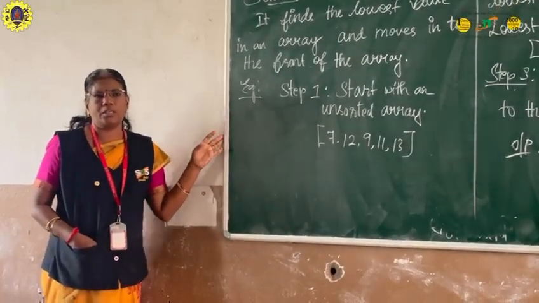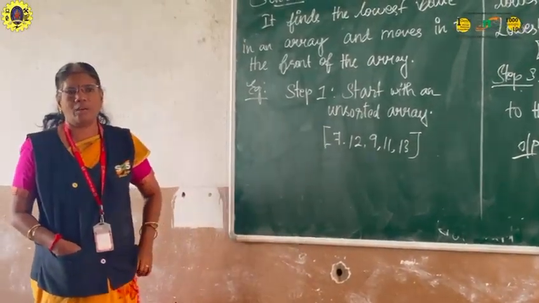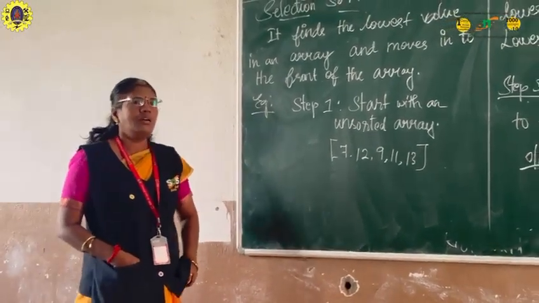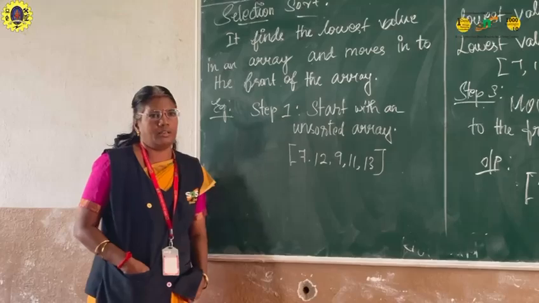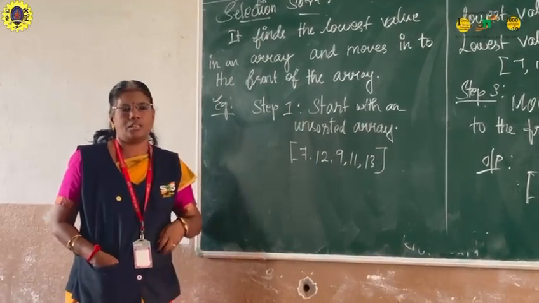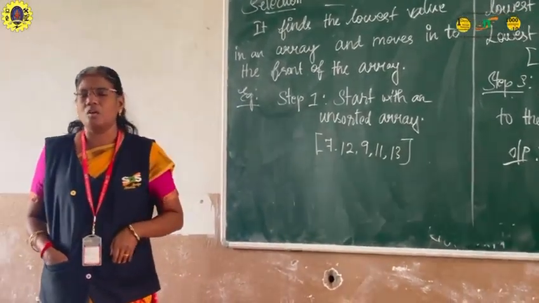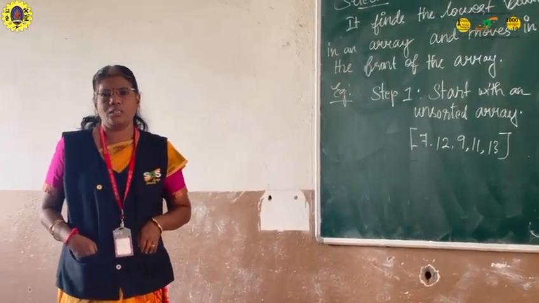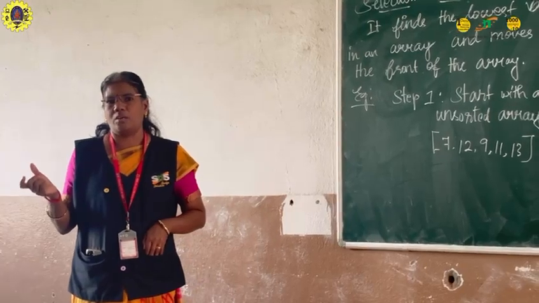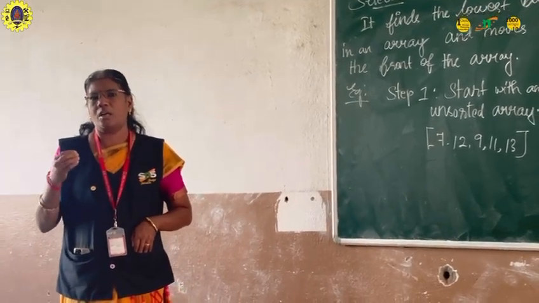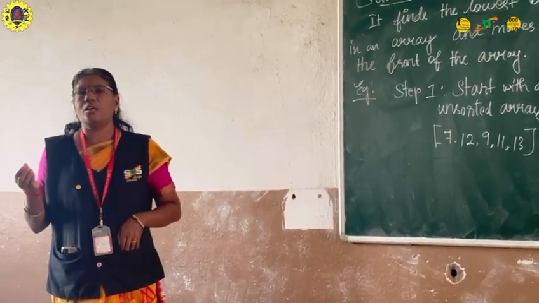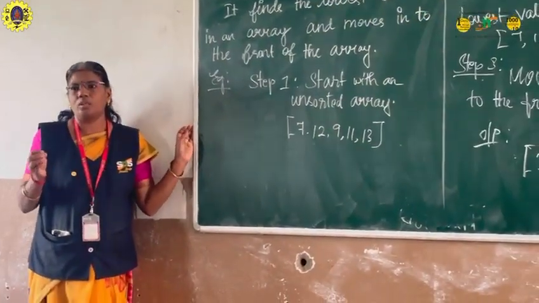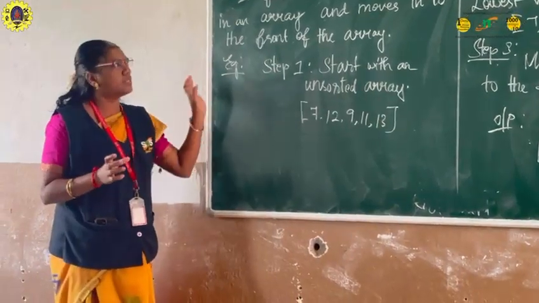Selection sort is one type of sorting program in Python. This type of sorting finds the lowest value for ascending order, and finds the largest number for descending order. We can arrange the numbers in ascending order by finding the lowest number, and in descending order by using the largest number. In this case, we swap the values one by one at a time. This is the process of selection sort.